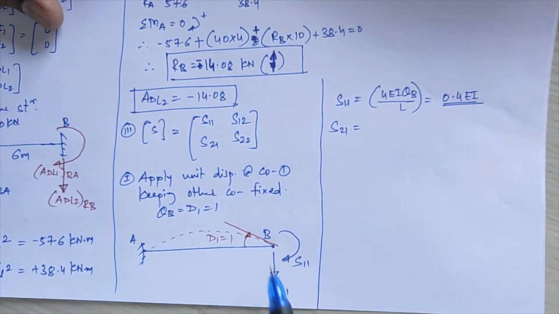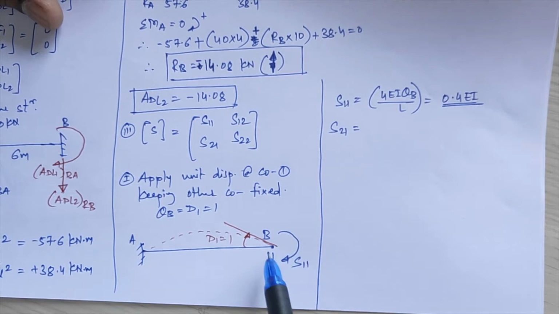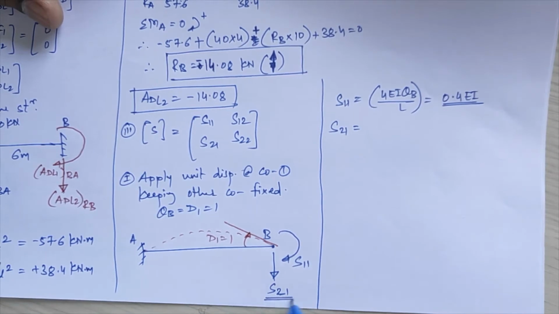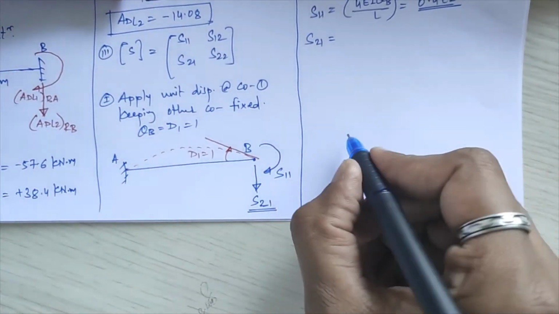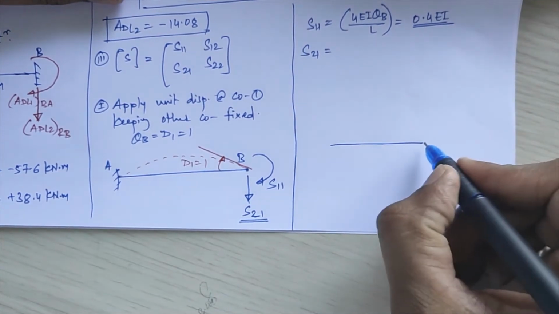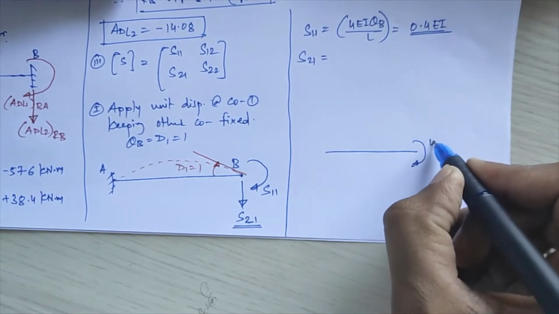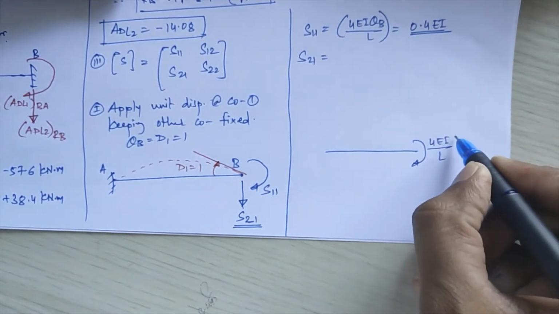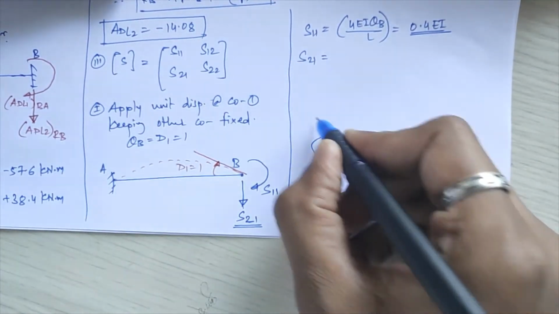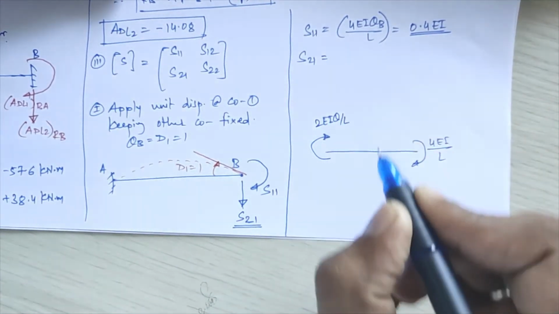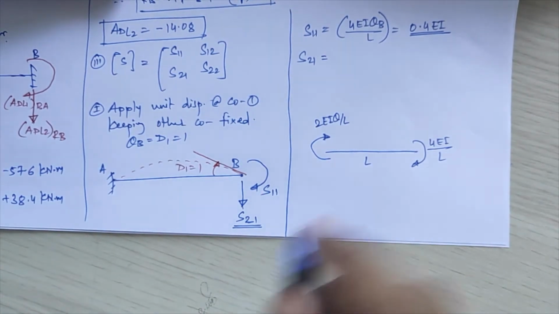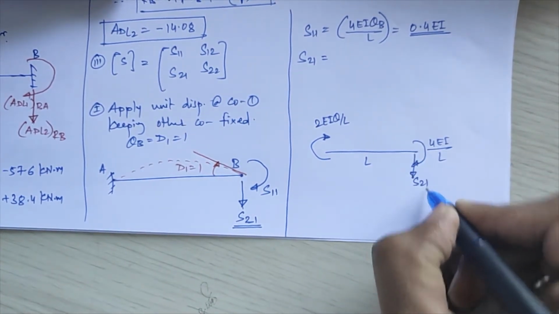Now for S of 21 you are not having any moment value over here, because here you have to calculate the force value over here, right? So for the force value calculation you do not need to take the far end moment value. Okay, so you have to calculate this from your geometry. Okay, so here S of 11 will become 4 EI upon L, that is theta upon L, theta is here 1, and here this will become far end moment, that is 2 EI theta upon L. Suppose length of member is L, and you have to calculate this S of 21 value over here.